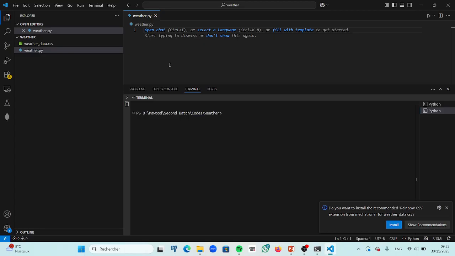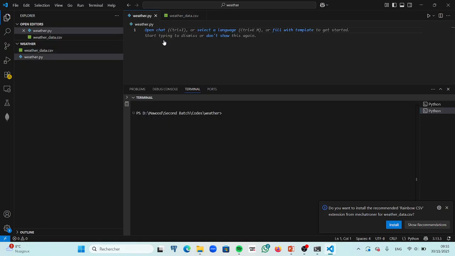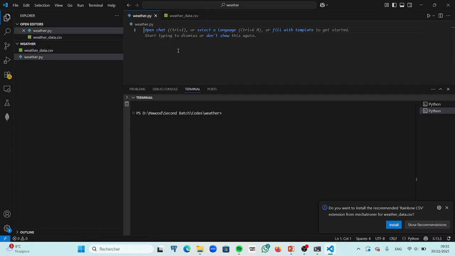Right now what I'm trying to do, I want to read the data inside this folder. You can see I have date, temp and condition. I want to open this data with a Python file. So there are many ways. The first way is that you already work with TXT file. Okay, you use Python, for example, function, in this case open,